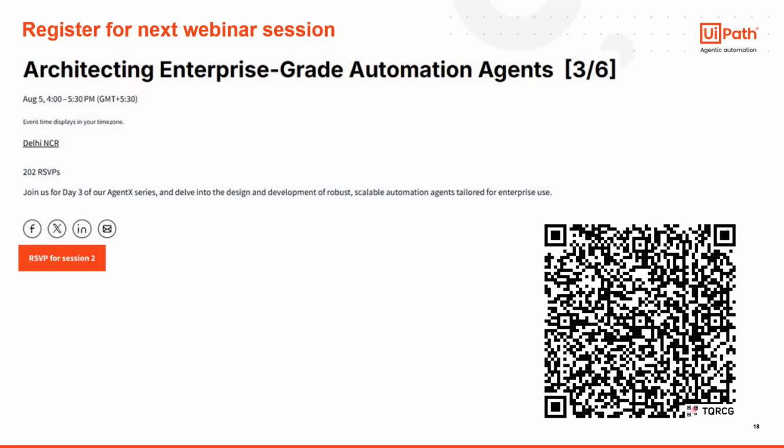We'll keep it less theoretical, since we now understand how an agent works and how to create the prompt, and we covered some basics in the first session as well. So starting from the third session, we'll focus more on the hands-on, and that is where you will get a better understanding about all these concepts.